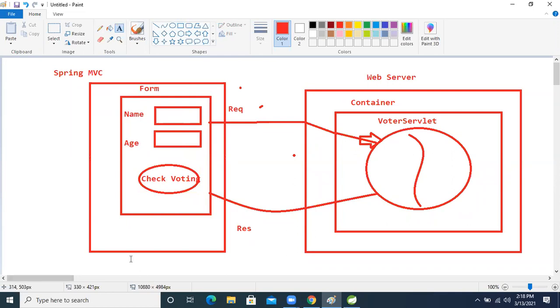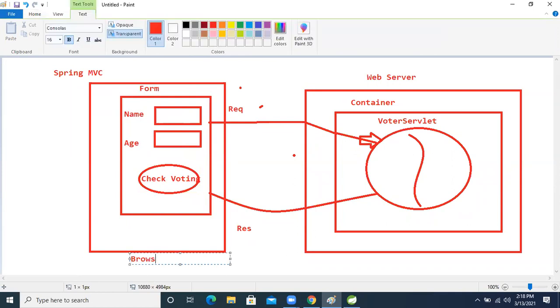This is the browser, and this is the web server. In the web server we are selecting the servlet container Catalina, meaning think that your web server is Tomcat. In the Tomcat, the servlet container named Catalina is running, and in that the voter application is running now.